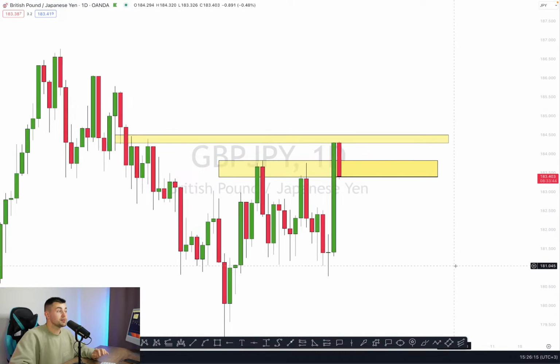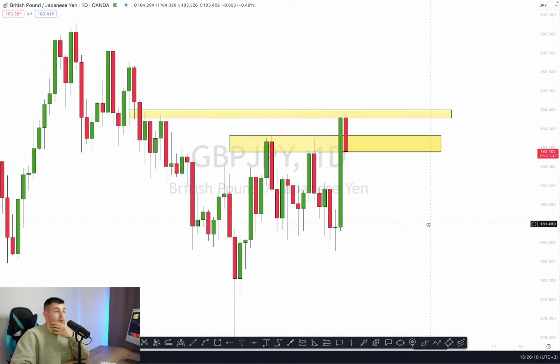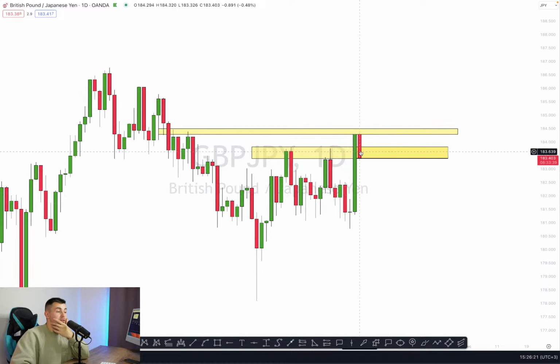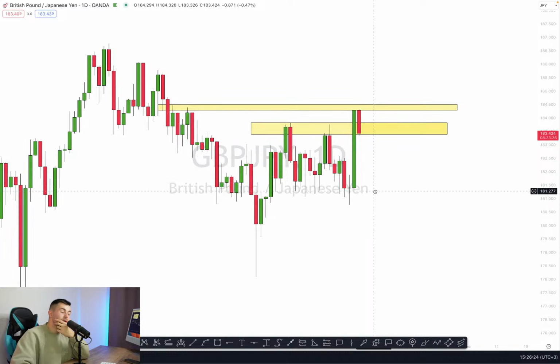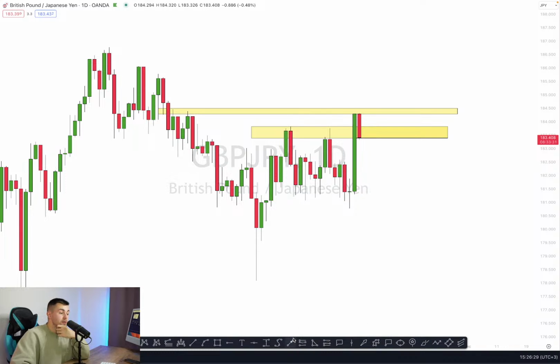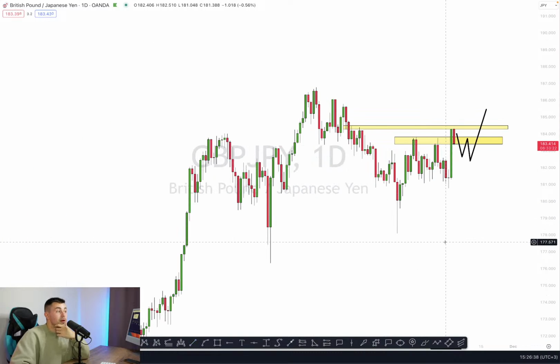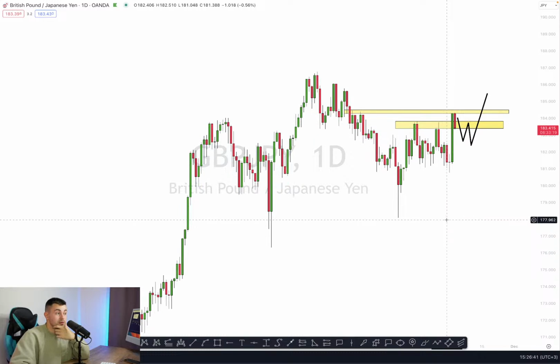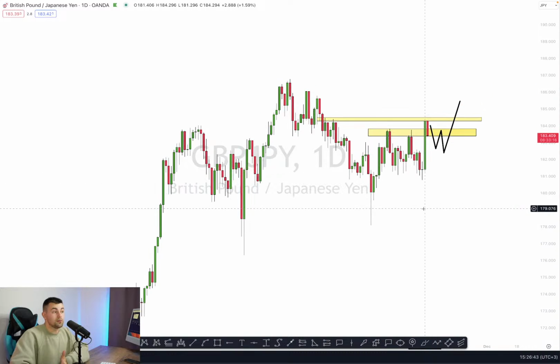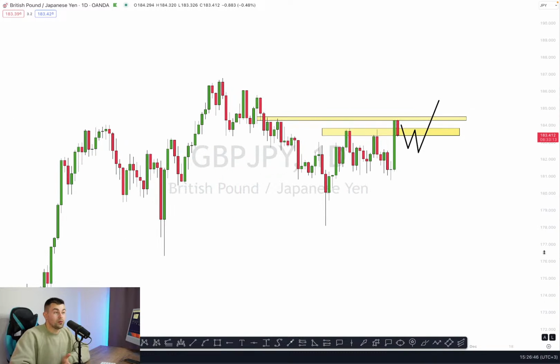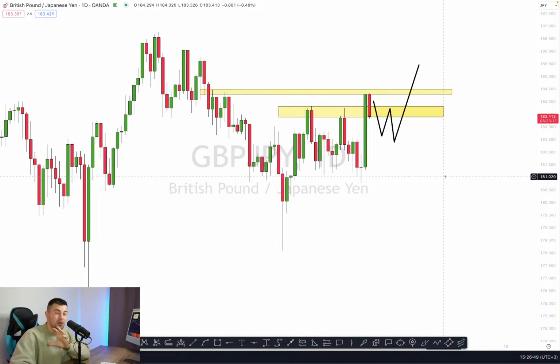Yes, I am still very bullish biased on pound yen, traders, to be honest. However, the problem is for now we see this correctional movement. It is for now quite hard to predict to which level exactly we're gonna see this correction. So probably what we're gonna see now is some bearish movement first and only then a bullish continuation. Globally my bias on pound yen is very bullish. Yes, we are trading in a long-term bullish trend, so of course probabilities will be high that the market will go higher. However, for day trading for now, it is very hard to make a smart decision. So I would suggest being very patient.